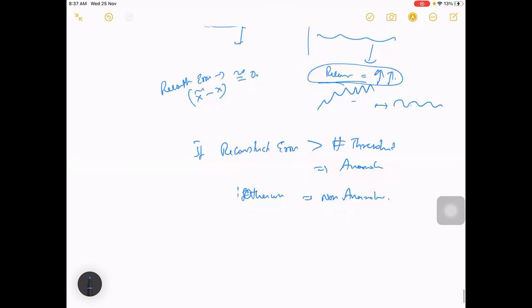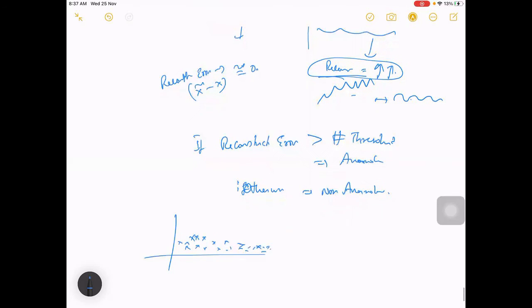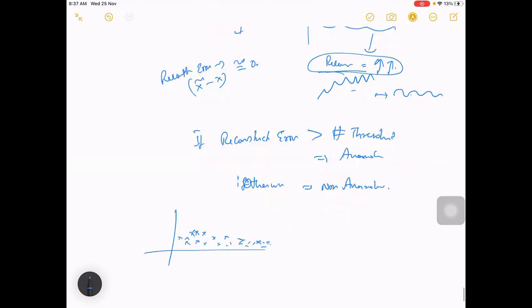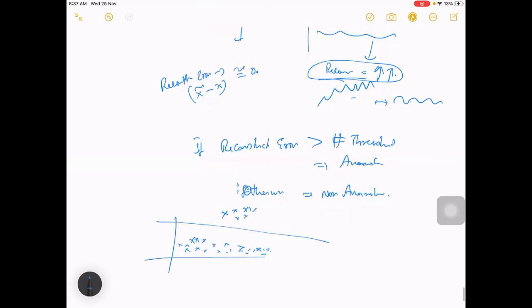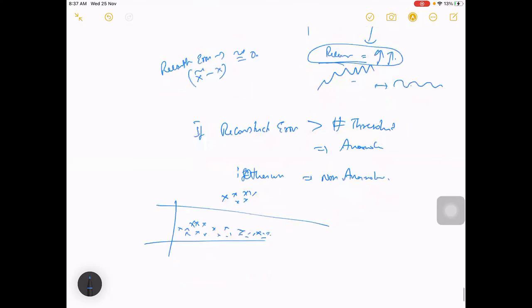In case you plot your data, all your data will be at a very low reconstruction error when it is not an anomaly. But in the anomaly case it will be higher. We don't have supervised labels, right? So we can't do supervised learning classification here.